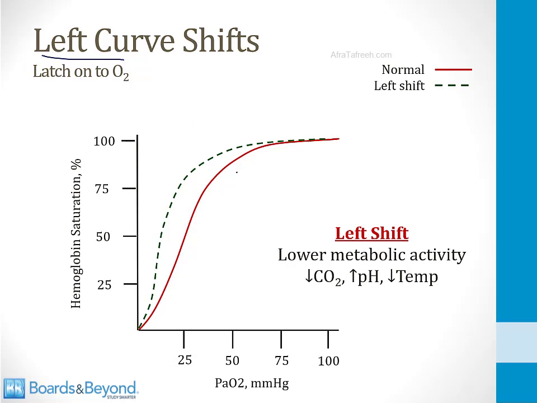They are the opposite. Shown on the slide is a normal curve represented by red, and the green dotted line is a leftward shift. This decreases the P50, and left shifts occur anytime there's lower metabolic activity. Remember, they're the opposite of right shift. So if the CO2 level falls, or the pH rises, or the temperature falls, all of these things will cause oxygen dissociation curves to shift to the left. And when the curve shifts to the left, it's less likely to release oxygen and more likely to hold on to oxygen. You can just remember this, that left curves latch on to